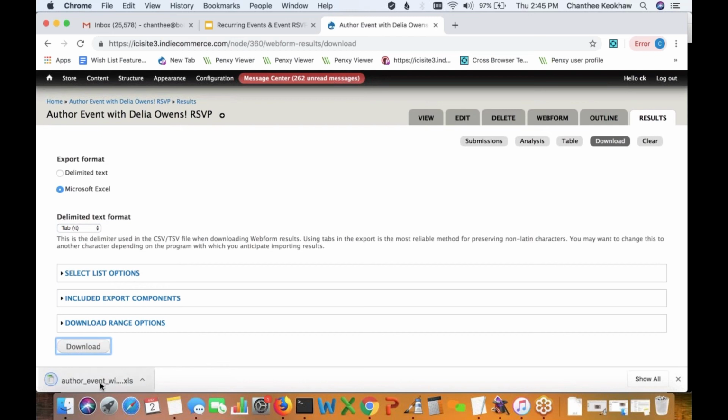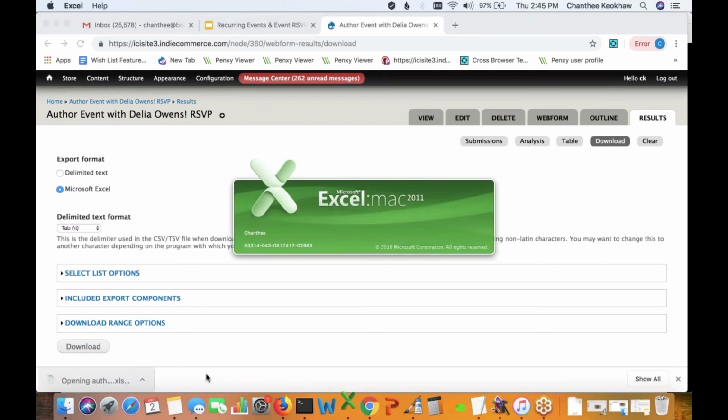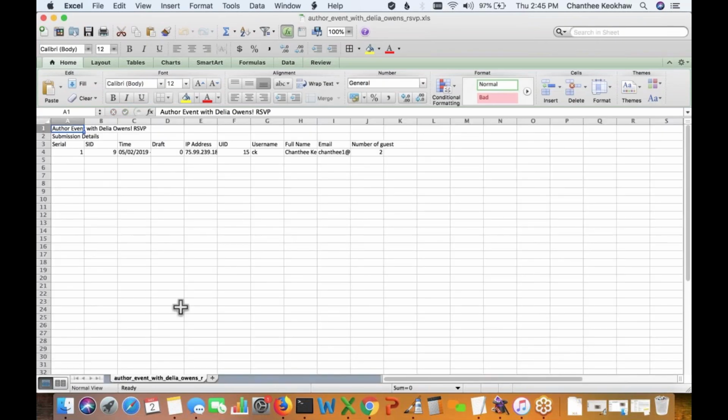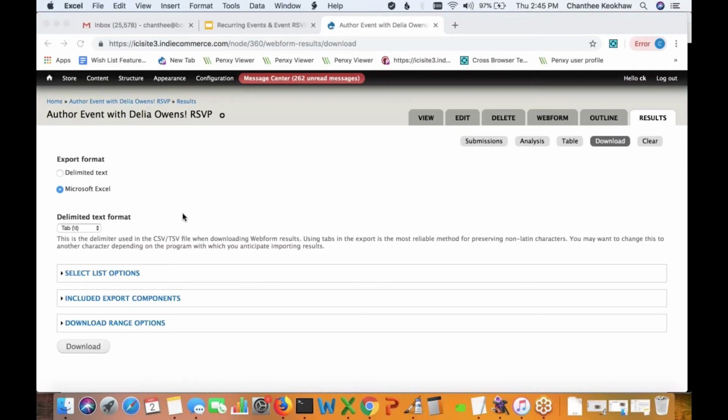As you can see here, it's downloaded. And of course, if I click on my Excel sheet, I'll see that this should be one. And it gives you all the fields, the username, the full name, the email, the number of guests. Yeah, this can come in handy if you are not already using another service for RSVP and for events. This can be something that you can create easily on your website, just using web forms. You may not use it for all events, but maybe for certain events, this may come in handy and be an